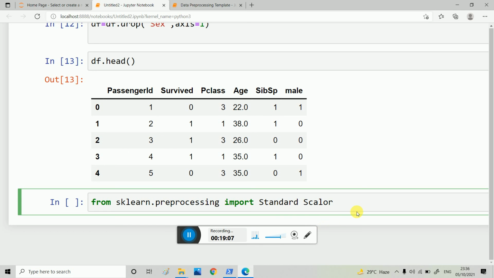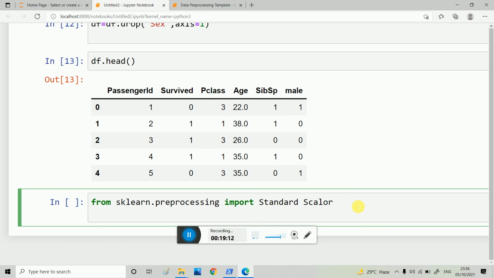Then we take a variable sc is equal to StandardScaler. We call the class StandardScaler, and there should be no space here.